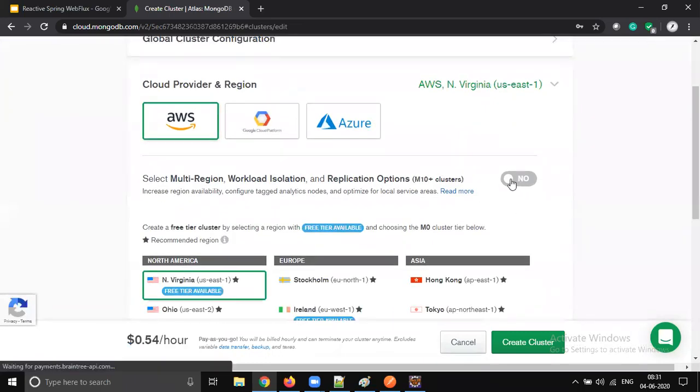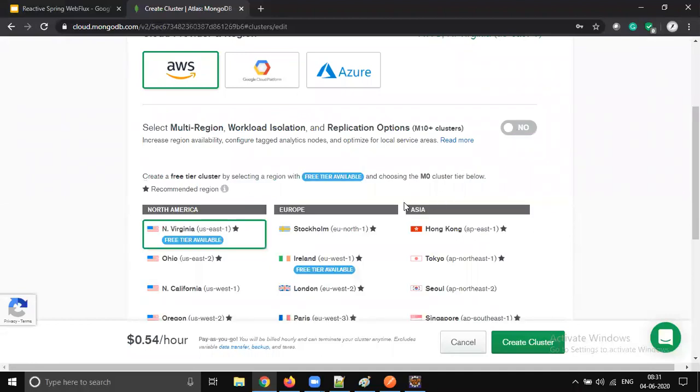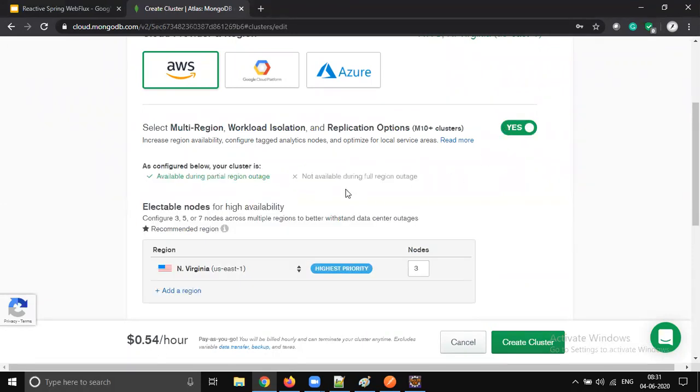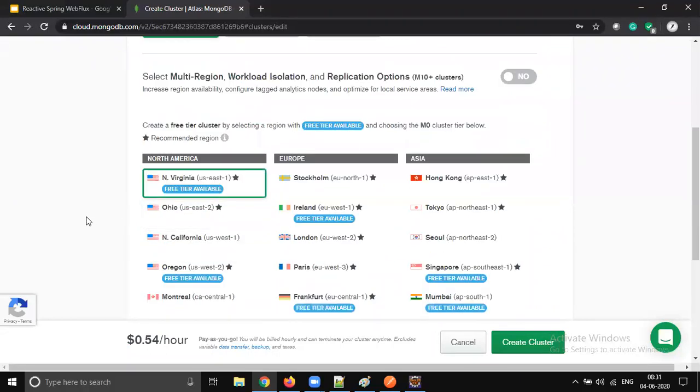Just click yes, and it will create a multi-node cluster, with 3 nodes, and you can increase how many you want. If it is no, it will create only one node.